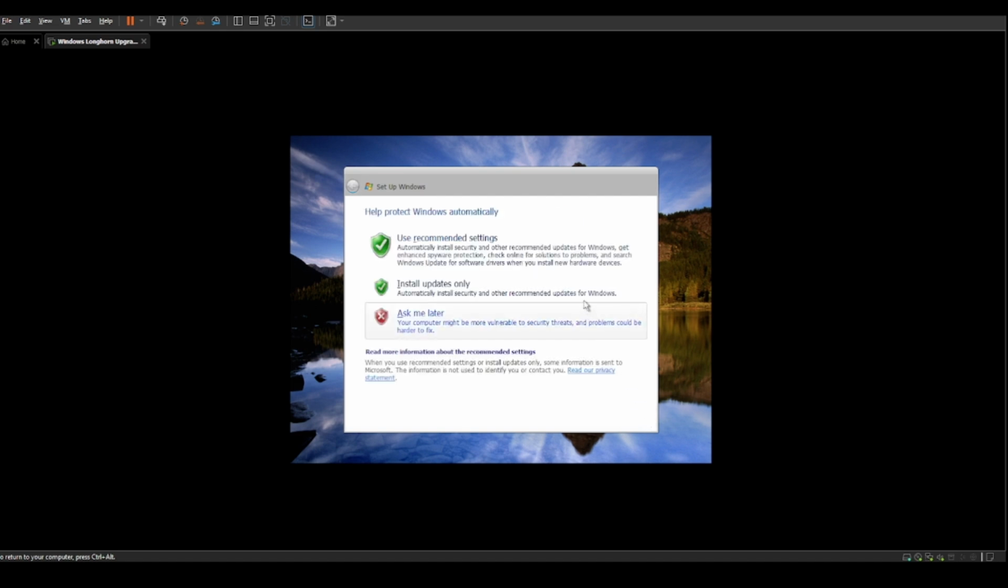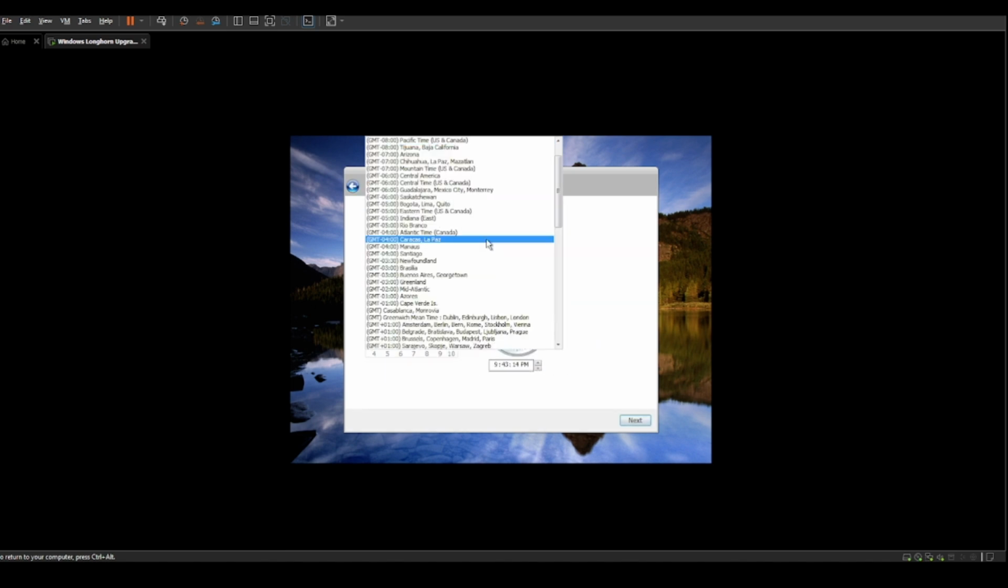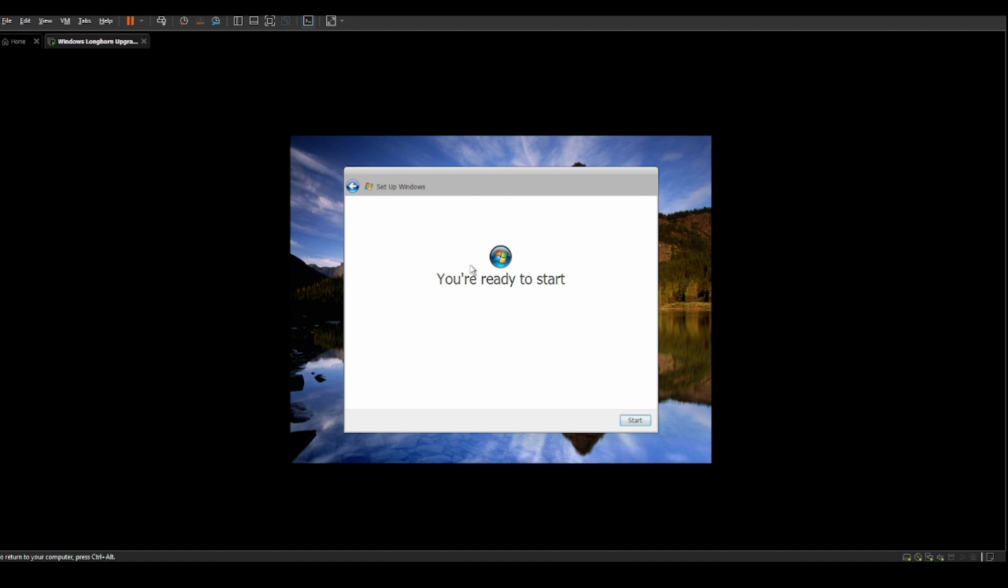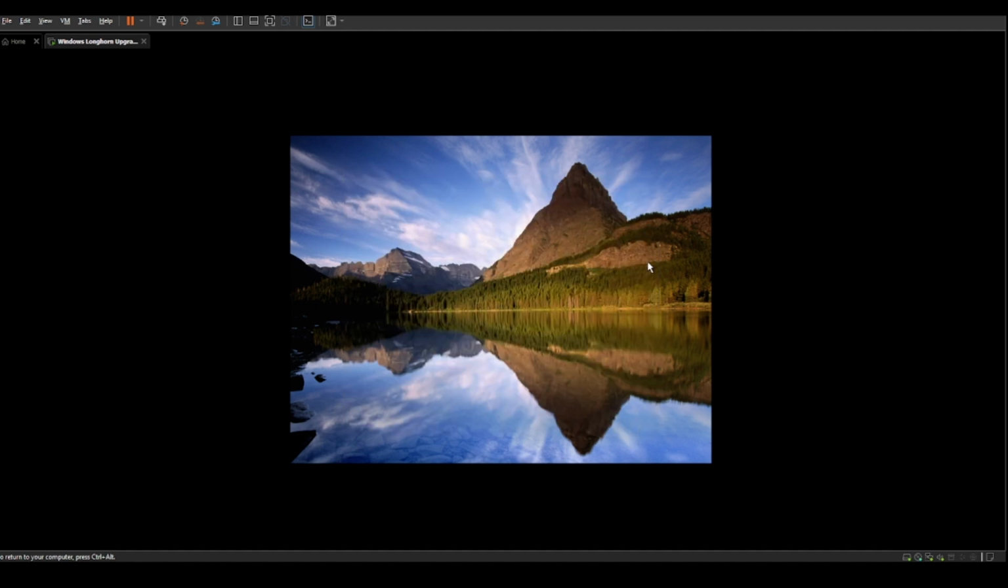And we're starting to see some of the final wallpapers. We have install updates only, ask me later, recommend settings, and that's what we're going to do. And now here we see the calendar and the clock, but this still says you're ready to start, but now it's been moved to the center. And now when we click start, because we are still well along in the development,